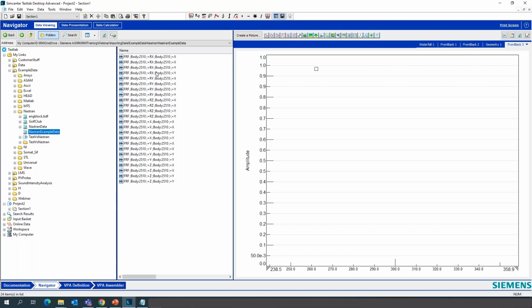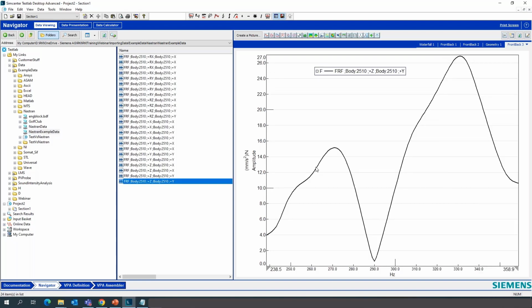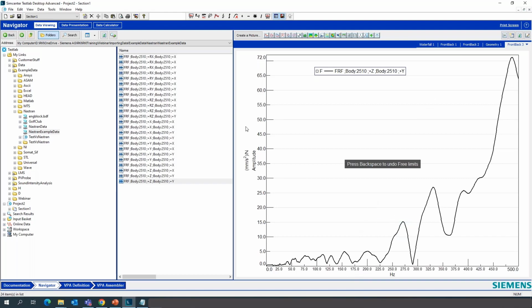But I can browse to this file and show it here in a display, let's say like this, and I'll say limits free. Then I can see it in the form of millimeter per second square over Newton. That's what it came in. But if I want to show it in meter per second square, I can just go here and change it. Then it will apply the scaling, that is division by 1,000, and put the correct limits here.